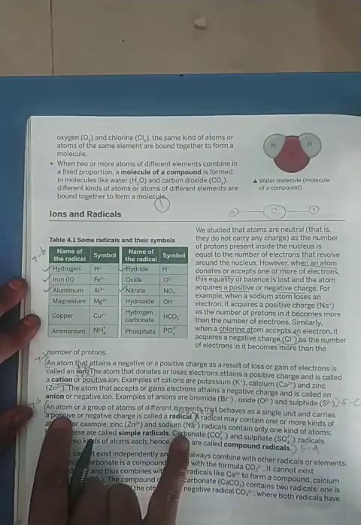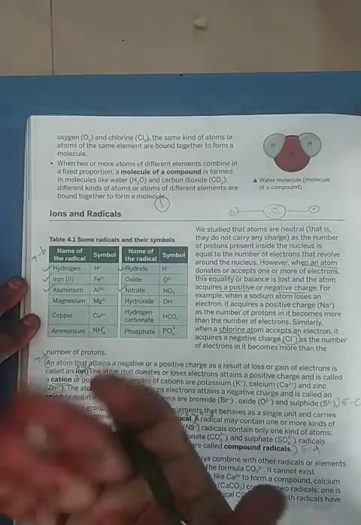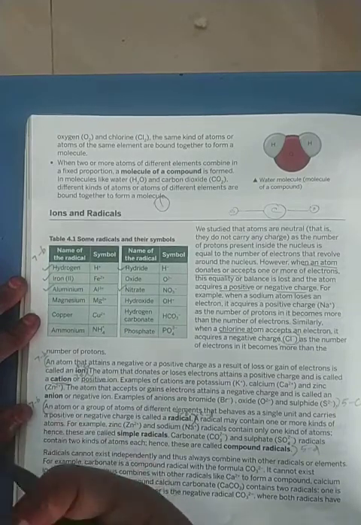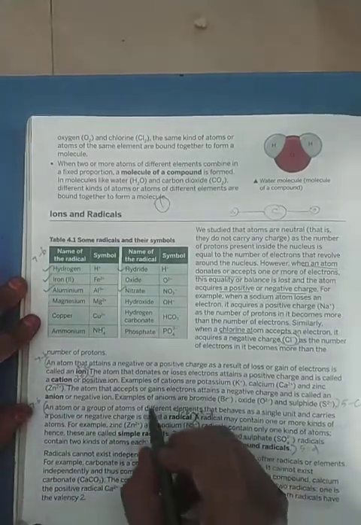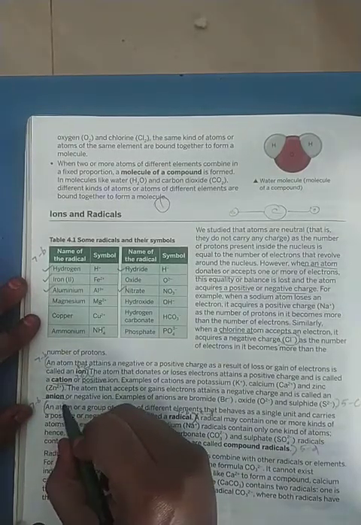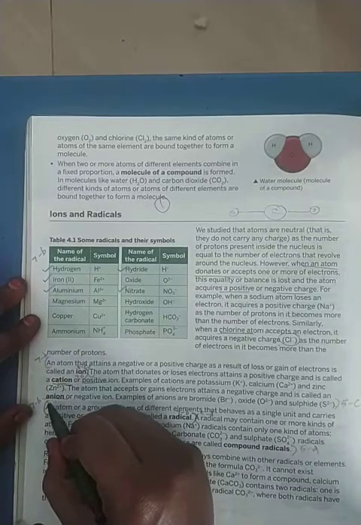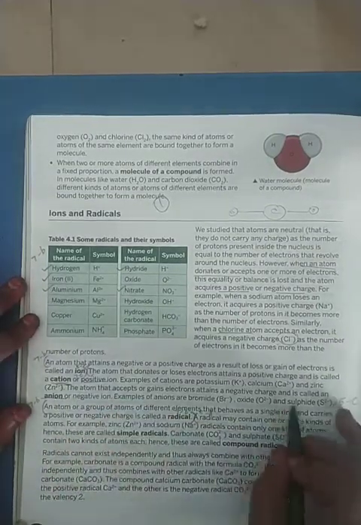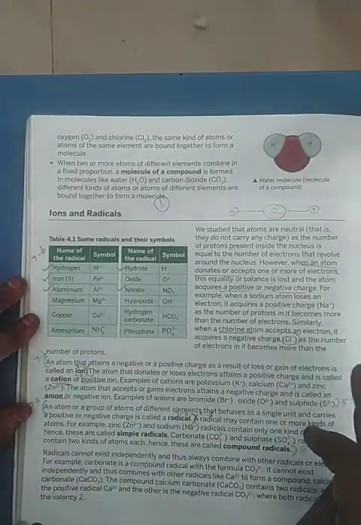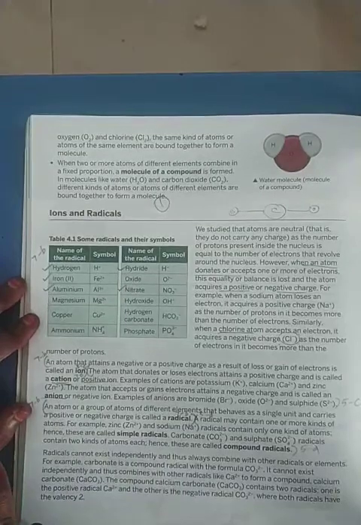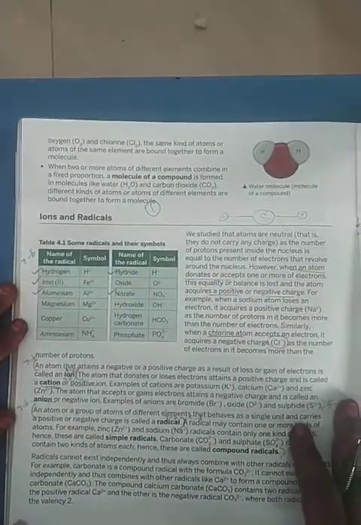Whereas there are certain atoms which will gain more electrons. You give me more electrons because I want more negative power. In that case, they are all called anions. Anions, not onions. It is anions, A-N-I-O-N. So anions are negatively charged atoms, and cations are positively charged atoms.